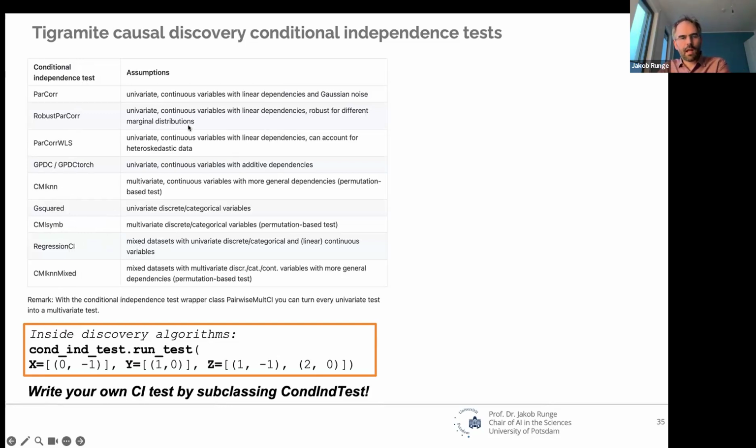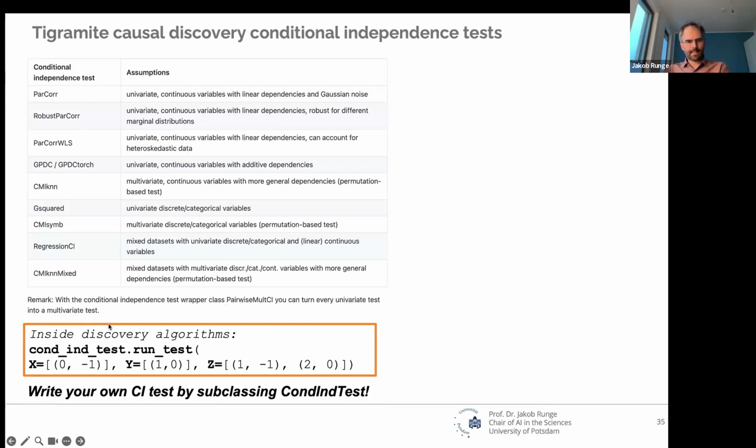Some of these allow for analytic asymptotics, some are just based on permutation tests. I also have a nice wrapper class that makes every univariate test multivariate, called PairwiseMultiCI, and there's a paper on it by a PhD student of mine.